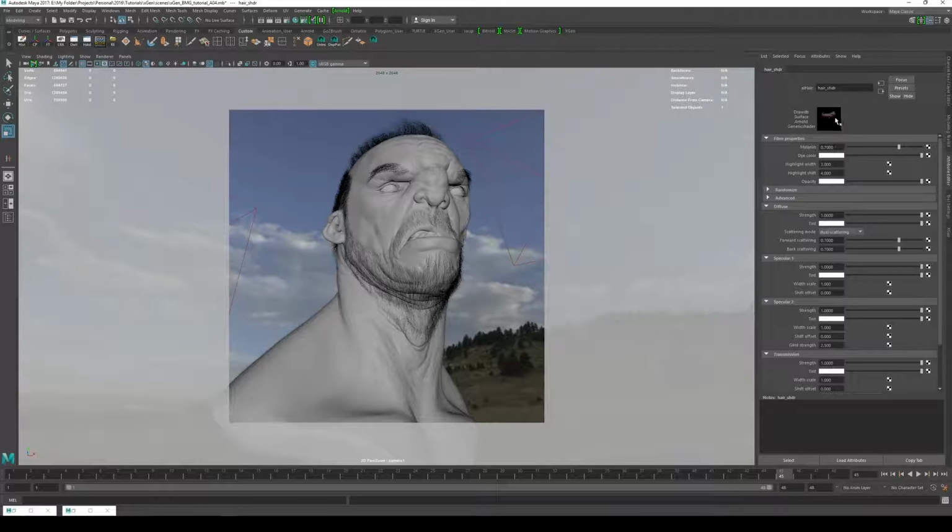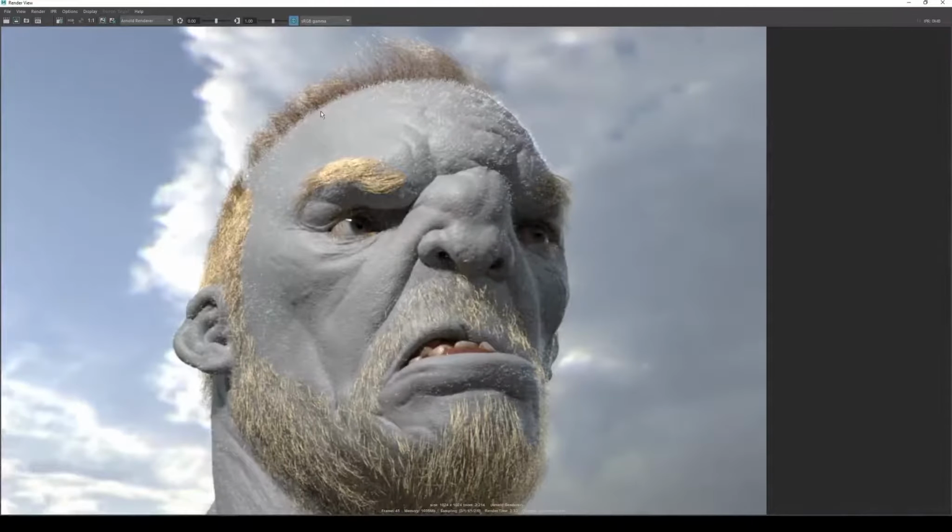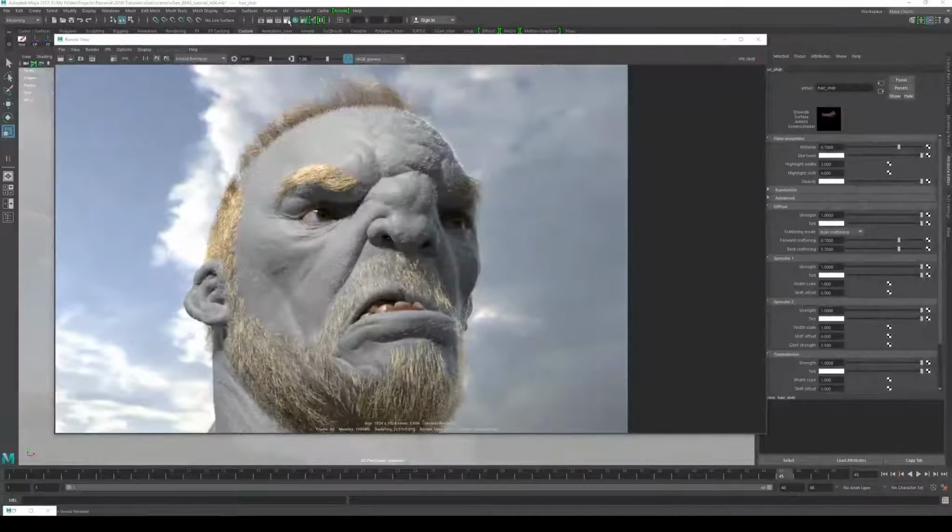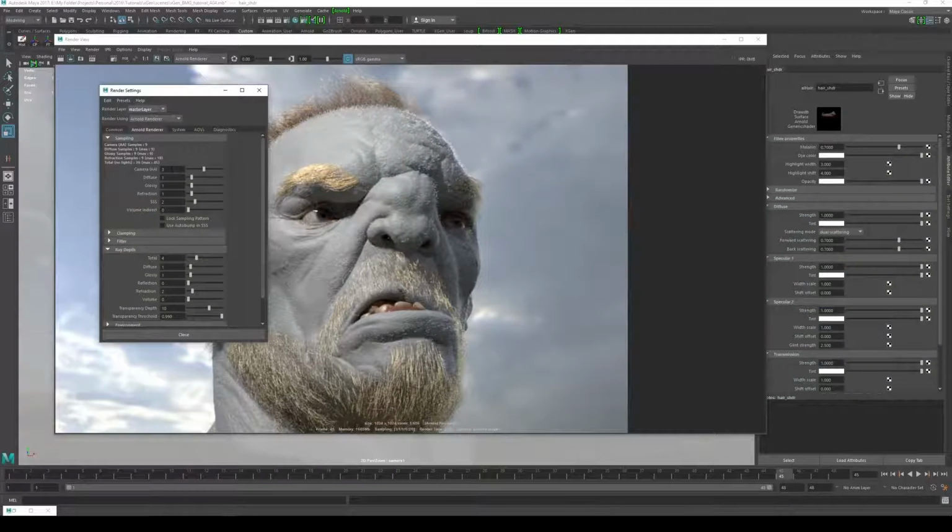Now you can see, I'm not sure if you guys can see, but there's a very, very subtle red tint in this hair. And if you have a rim fill light here, it tends to blow out the hairs with a little bit of redness, which to me doesn't look that natural. So that might be something that we'll have to either reduce or remove. So we'll go back to the renderer, and what I'm going to do here actually is I'm going to go to the render globals, and I'm